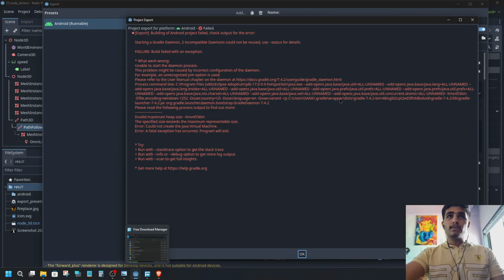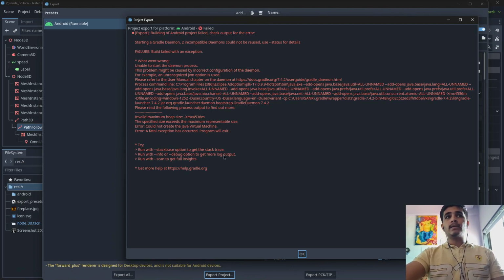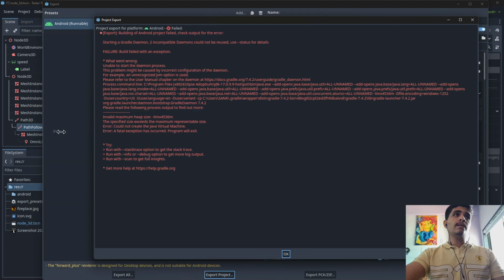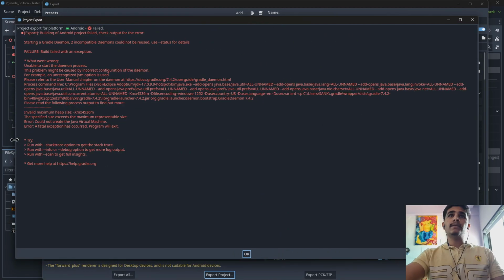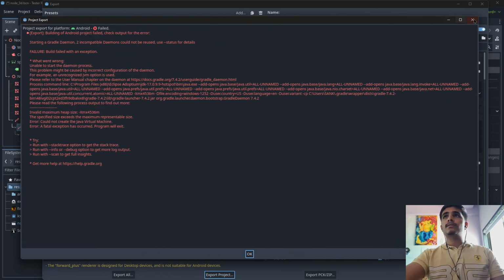That's the main problem. So let me show you how to tackle this problem, which is very simple, very easy. As you can see here, Godot is recommending us to do something. Oh yeah, sorry, not this one, see this invalid maximum heap size, which is this. I don't know what heap size is, but after my research, I mean I researched on Google,